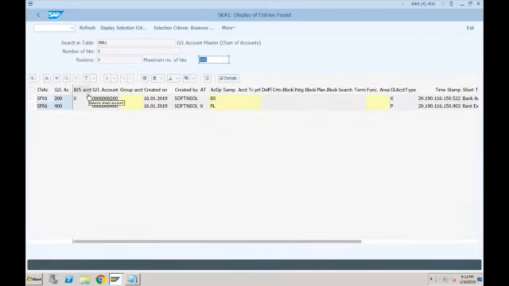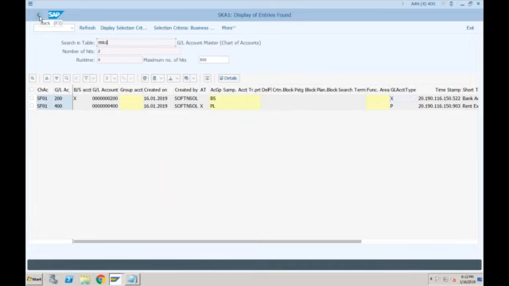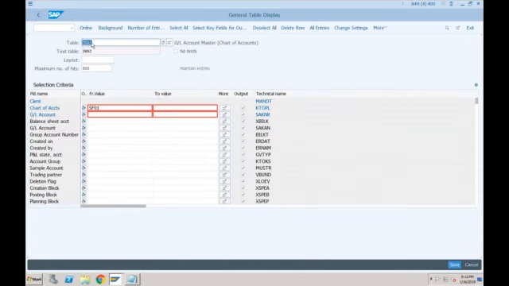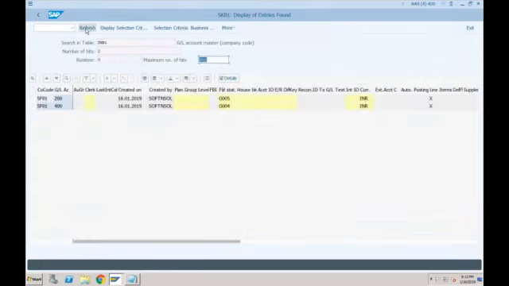It will tell you whether it is a balance sheet account or a profit and loss account. It will tell you even the GL account type. So these are the four options. You will still be getting the data in SKA1 for chart of accounts level. For company code level, you will still be using SKB1. For company code SF01, if you go online, again you can see this information is available here.